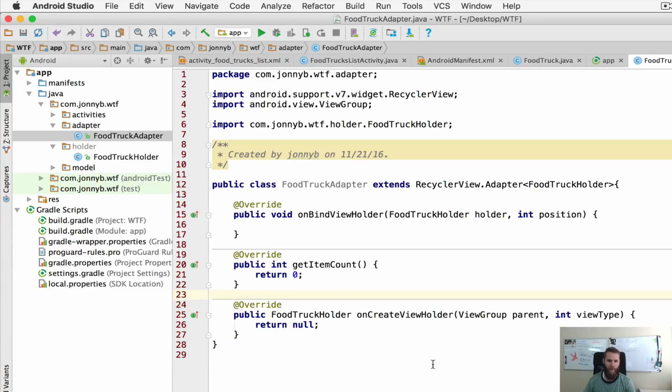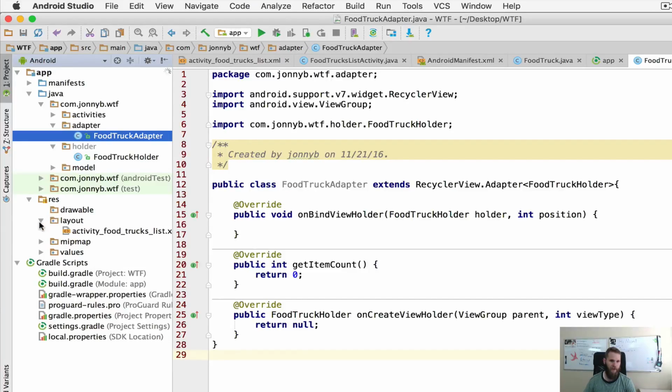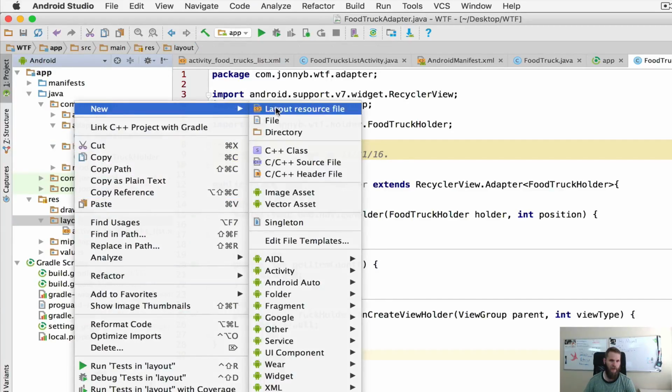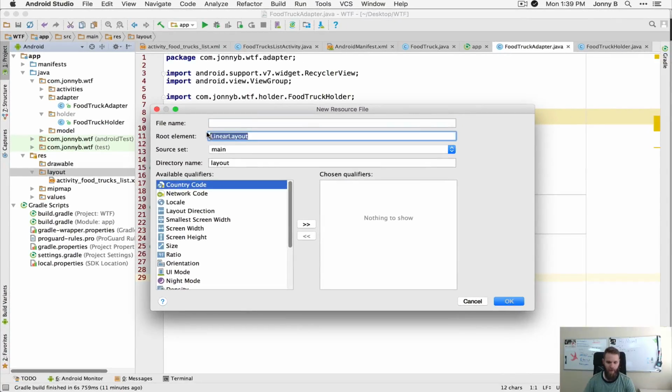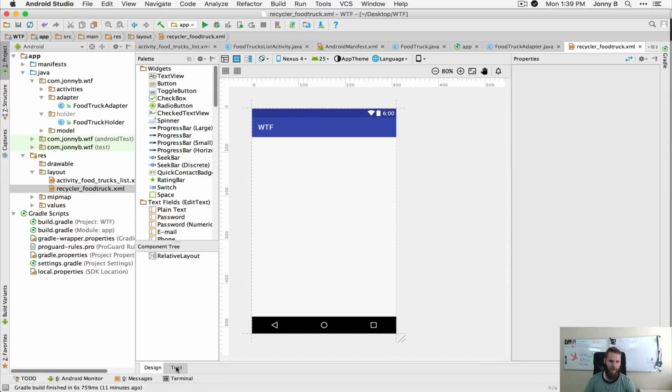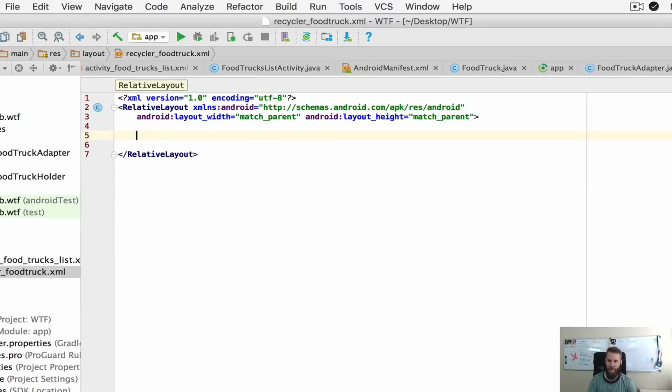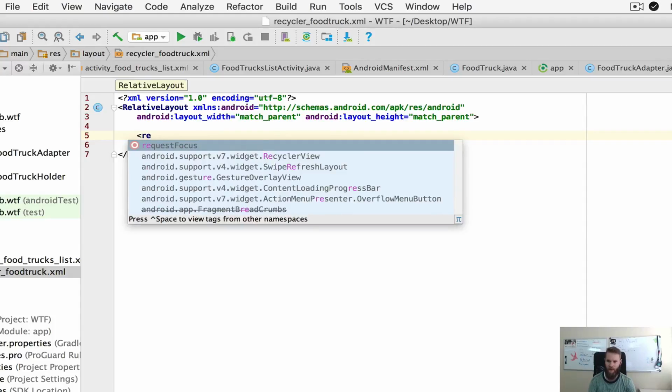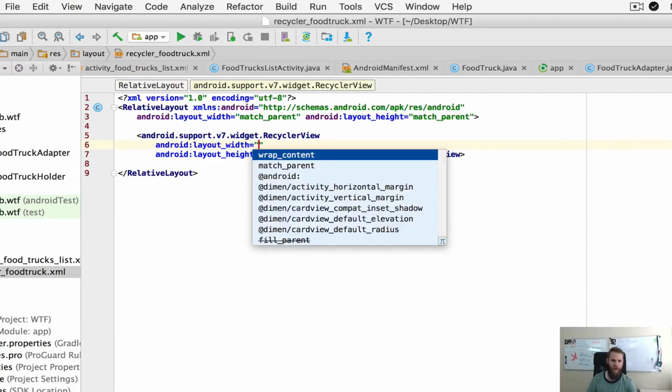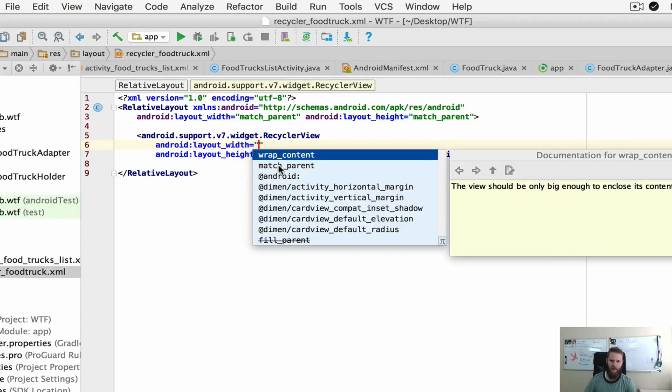Okay. All right, so let's go ahead and create our recycler view and our card view. So we're going to come over here to resources, and in layout, I'm going to right click on layout and say new layout resource file. And for the root element, I'm going to make this a relative layout, and we are going to call this recycler food truck. Okay, and that looks good. I'm going to press OK. We're going to come here into the text, and let's see if we can get this to auto-populate, recycler, there we go. Widget auto, we're going to say match parent,